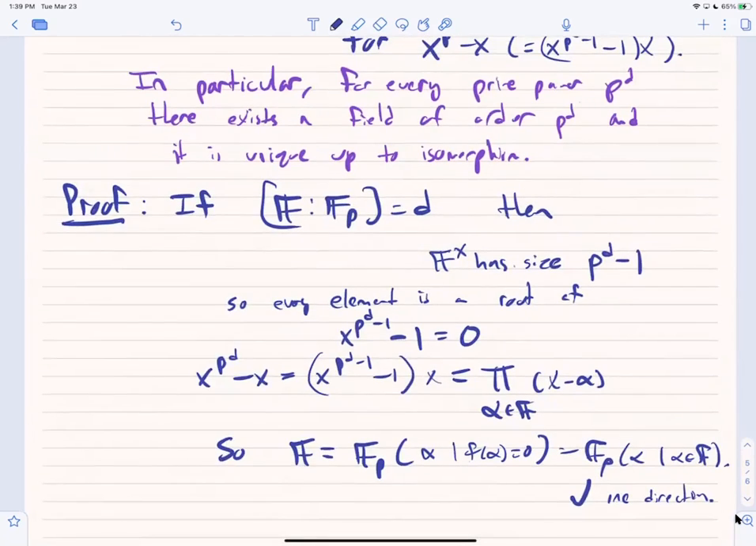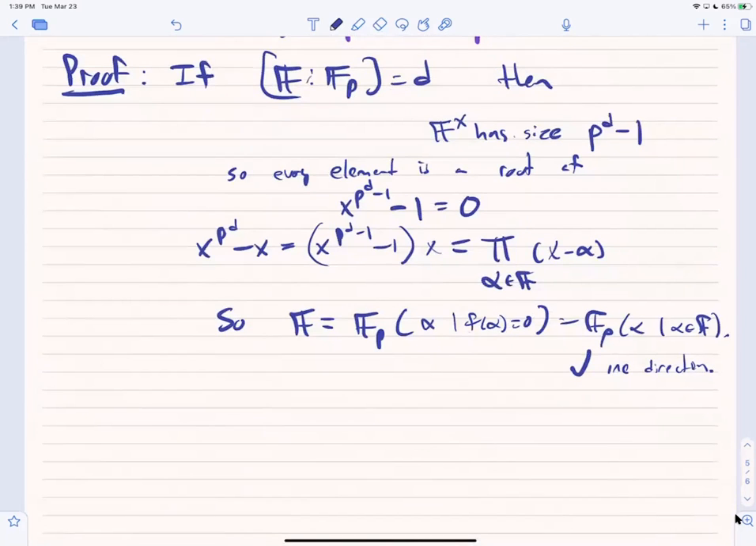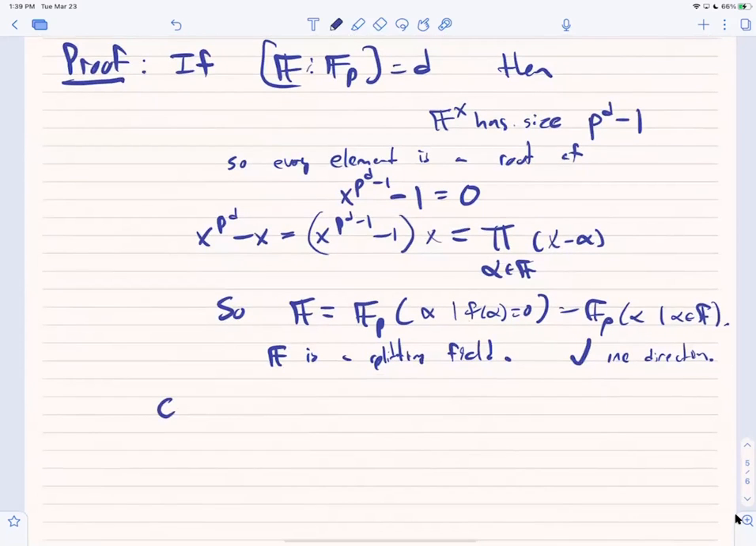So I guess that's the statement: if this extension has degree d, then F is a splitting field for this specific polynomial, x to the p to the d minus x. So conversely, if F is a splitting field,